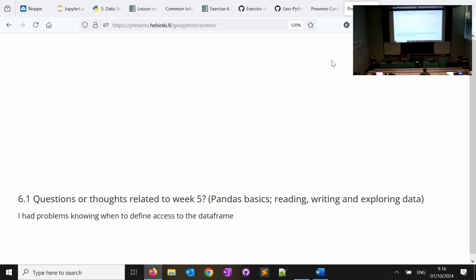If I understand it correctly, you're asking when you should import the data, read the data, and well, generally speaking, it should be when you need it. But if you want to follow good coding practices, it's usually at the beginning of your script. So you often start by importing your libraries, and then you read the data, and then whenever you need it during your script, you will access it. But yeah, good to see that things are going generally well with pandas.